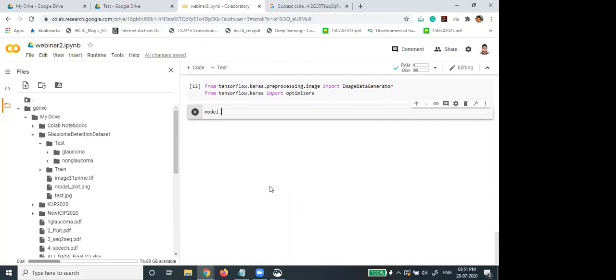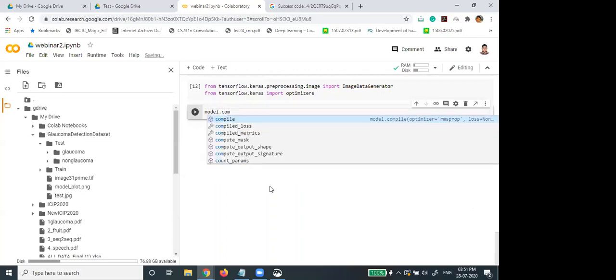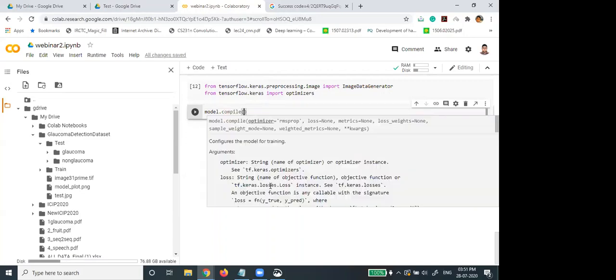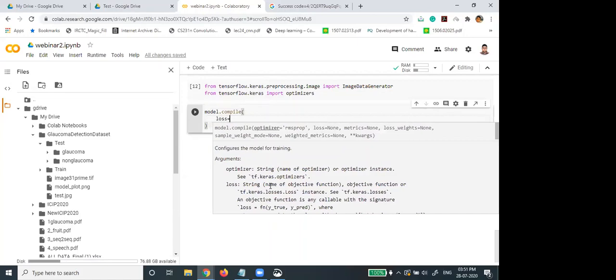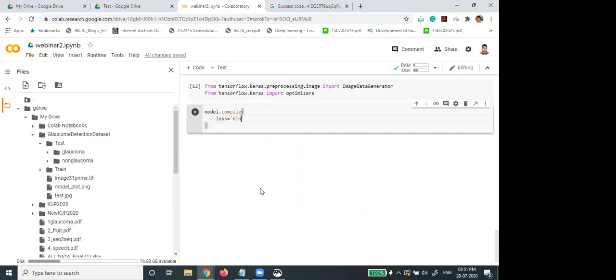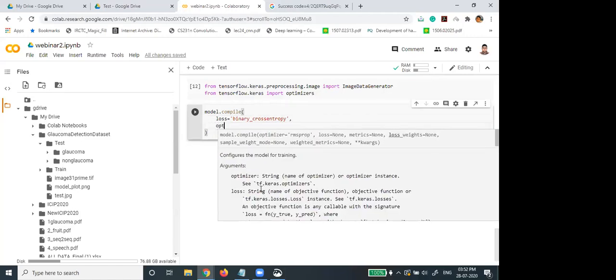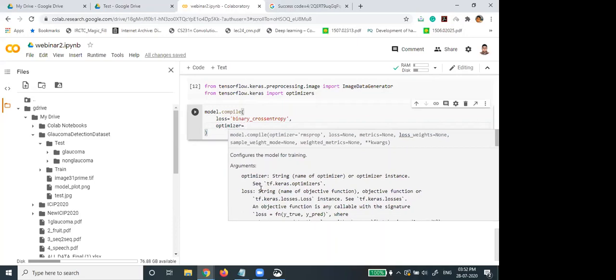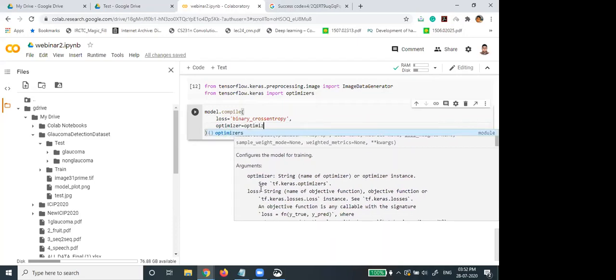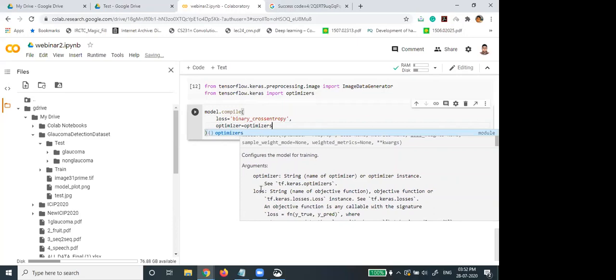Now we'll compile our model. There is a command model.compile. So here loss I am taking binary cross entropy. Optimizer I am taking optimizers.